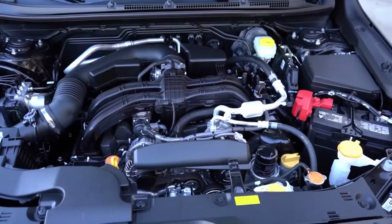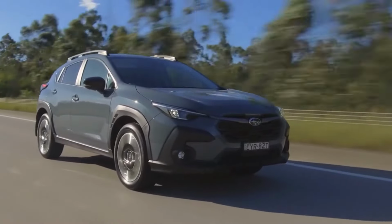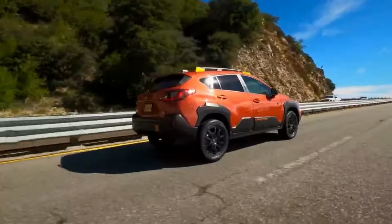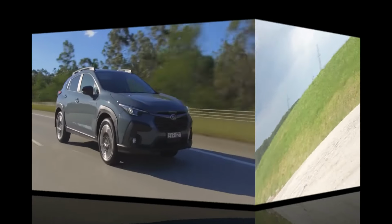The base model features a 2.0-liter four-cylinder engine that provides decent power for daily driving while maintaining impressive fuel efficiency. For those who want more performance, Subaru offers a 2.5-liter engine that delivers more horsepower and torque, making highway merging